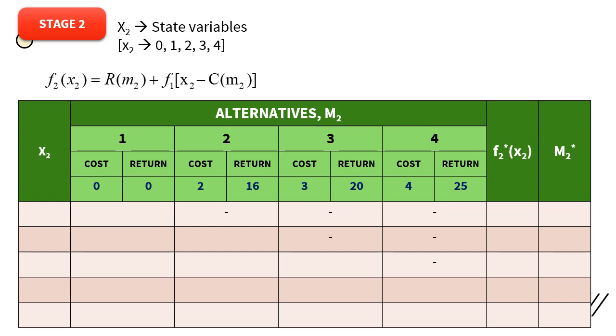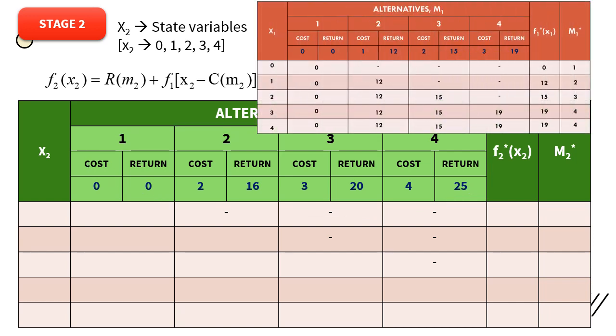Now let us proceed accordingly. So previous table, we have to compare with the previous table and we have to solve the problem. So I have the previous table along with this slide. So my variables are again 0, 1, 2, 3 and 4. So let me start one by one. First one is 0. So I am not spending anything. So the value is 0 here, which is my maximum value is 0 and my alternative is 1.